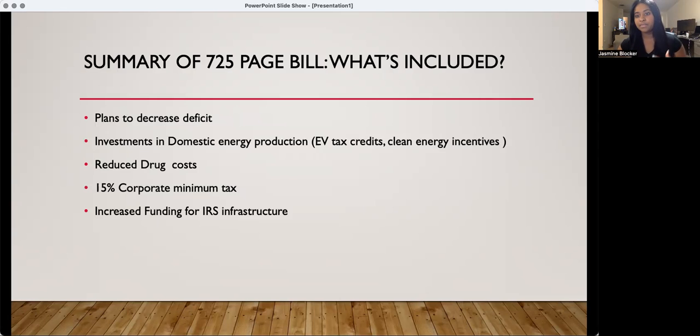So a summary, kind of just a rundown of what's included in this bill. I've listed here in front of the screen, but I want to start with just touching on how inflation has impacted all of us over the last couple of years. Now, of course, there's different measures of inflation when you're looking at the tech sector, when you're looking at manufacturing industries. Their measures of inflation look very different than on the consumer inflation side. So they're looking at material input costs. They're looking at supply chain deficits.